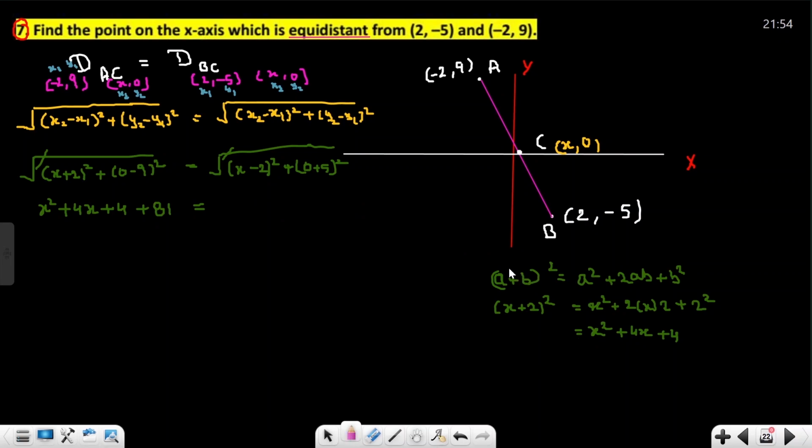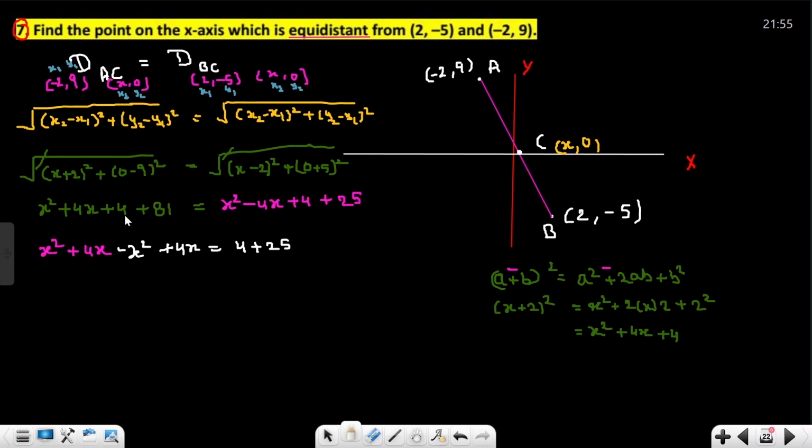If there is a minus in this formula, it means minus here also. All terms are the same, x and 2. So write x square minus 4x plus 4, plus 0 plus 5, 5, and 5 square is 25. Now keep the variable terms on one side and the simple values on the other side. Move x square to the other side, minus x square, and move minus 4x, plus 4x is equal to 4 plus 25.